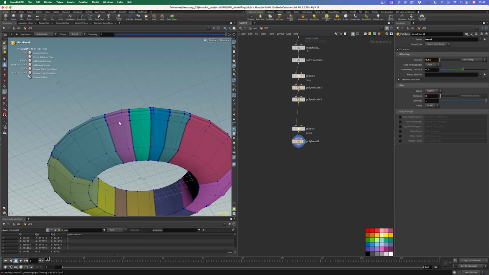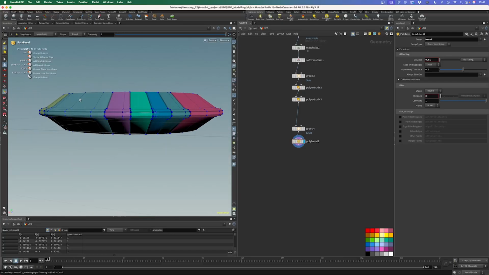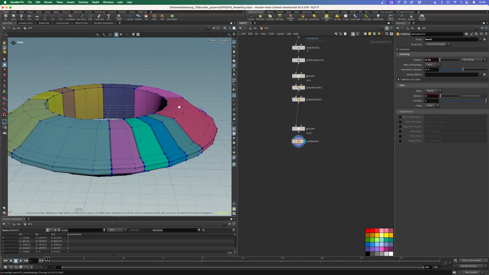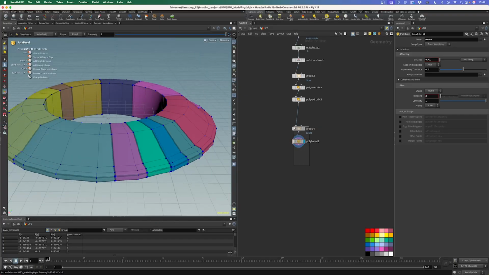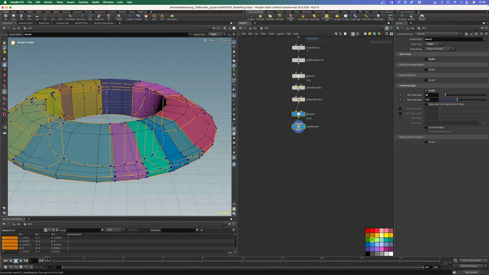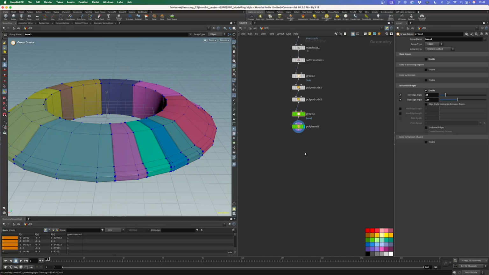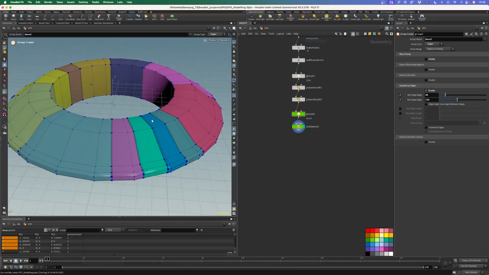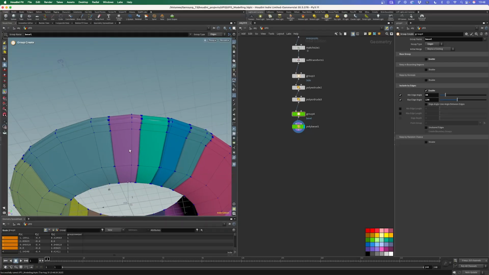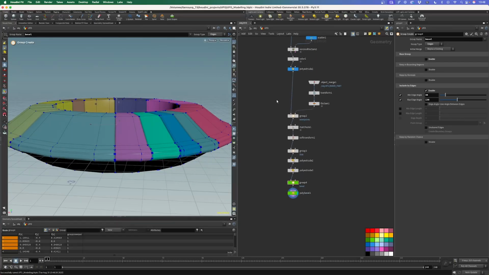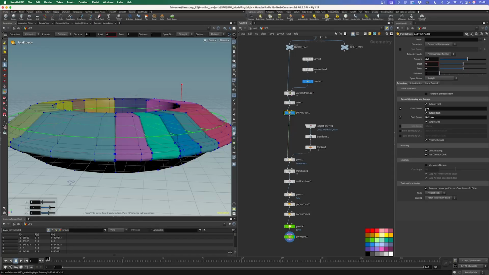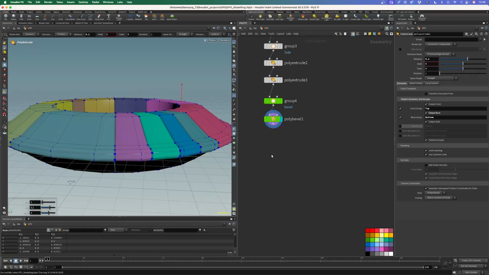I would like to give each of those elements another extrusion level to, again, add more detail to it. We can already color these two maybe green because we are going to use the bevel node way more. And let's come up with a way to just end up with the top facing elements and with the bottom facing ones. Remember, up here we already defined our top and bottom group, and I can use them down here again. And let's say we put a group combine,